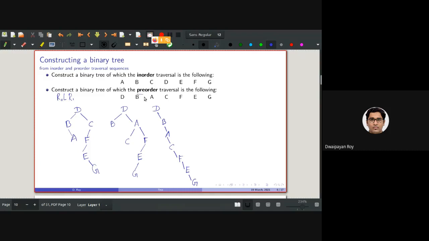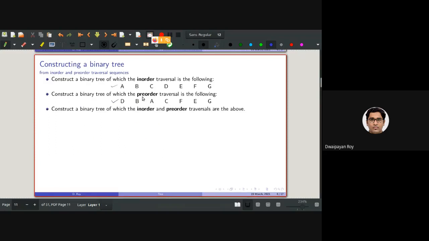Given one post-order traversal, there will not be a unique binary tree that we can construct. There will be multiple binary trees. So now, what if we are given multiple traversal sequences? For example, what if we are given this in-order traversal as well as a pre-order traversal? Can we construct the binary tree?